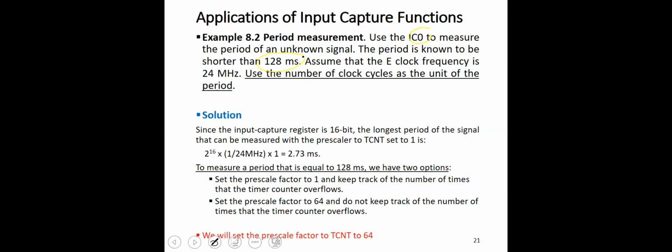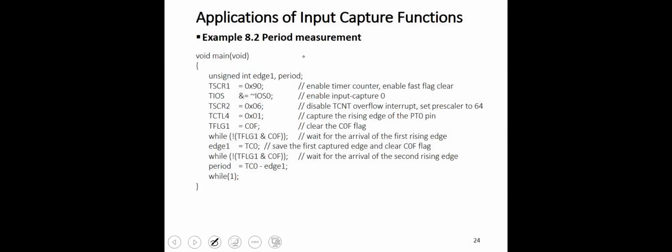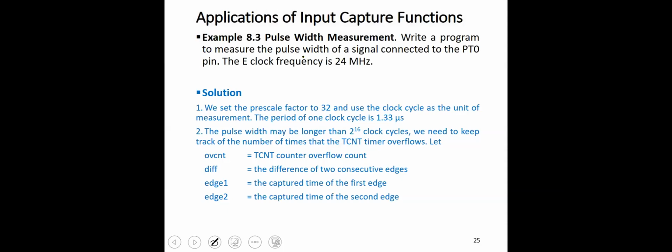And we said that there is another approach, which is that we set this prescaler to any value we want, and we count how many times the timer overflows. The period will be the time of the second edge minus the time of the first edge, plus how many times the timer overflowed times the number of cycles per overflow. This will be clearer in the other example, which is the pulse width measurement example, where we want to measure the width of the pulse,